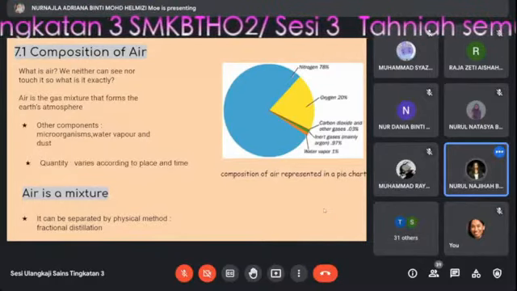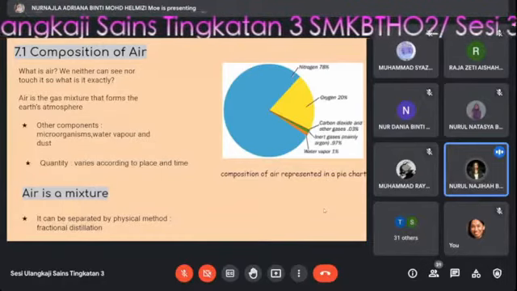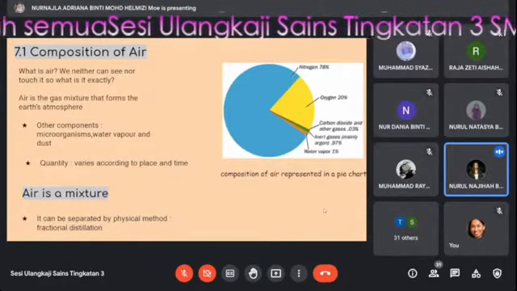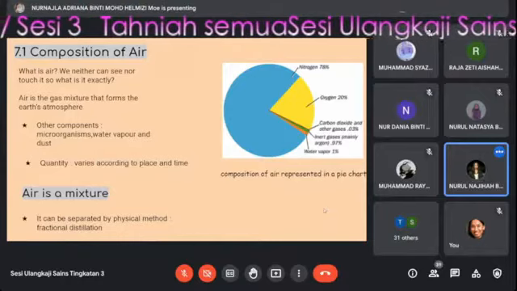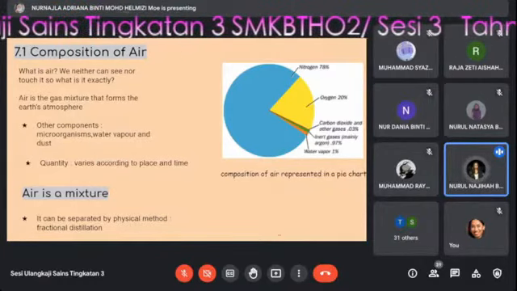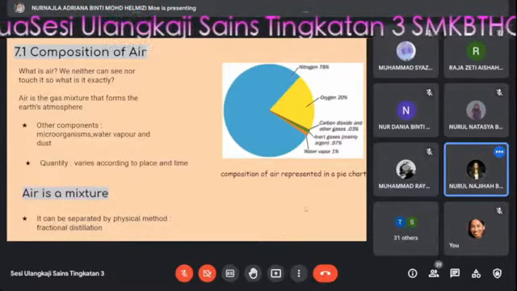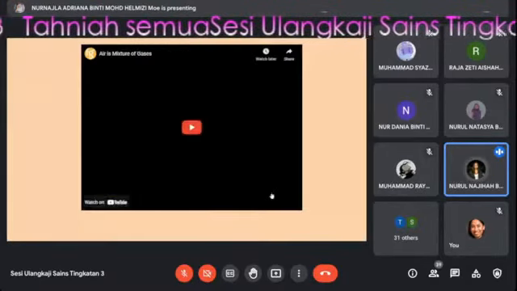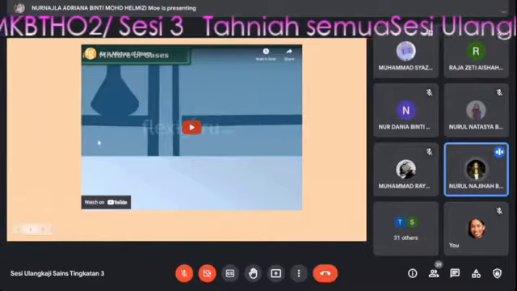The dust in the air comes from the soil or the sea in smoke. Organisms that landed in the air include fungi, spores, viruses, and viruses. Air is a mixture because the components of air